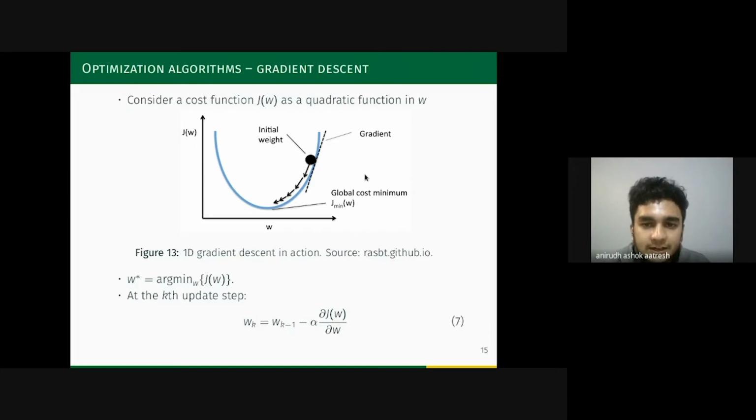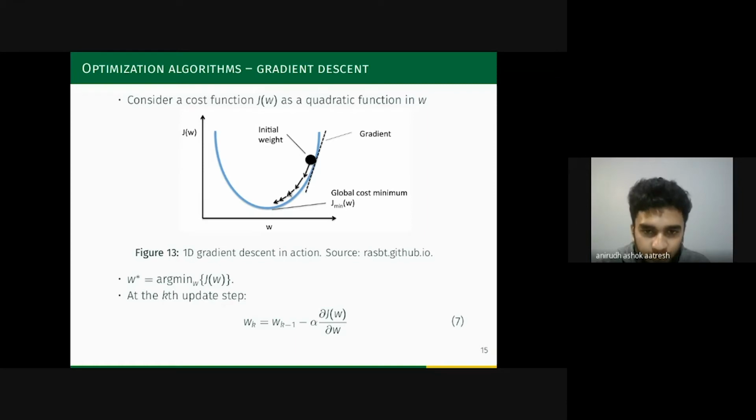This is an iterative optimization algorithm, which means that we have to apply it consecutively a number of times for it to find the minimum of a function. For example, if we have the function J of w and it is a quadratic function in w, that would mean we have a parabola type of function over here. If we want to find this minimum, we start off with a random initialization for w somewhere, anywhere. This is one example. It can even be here or here, or here.